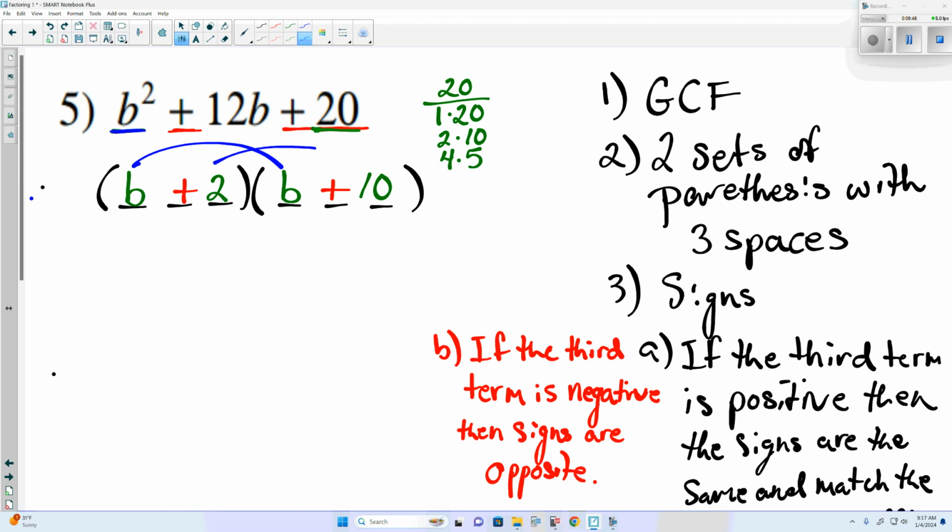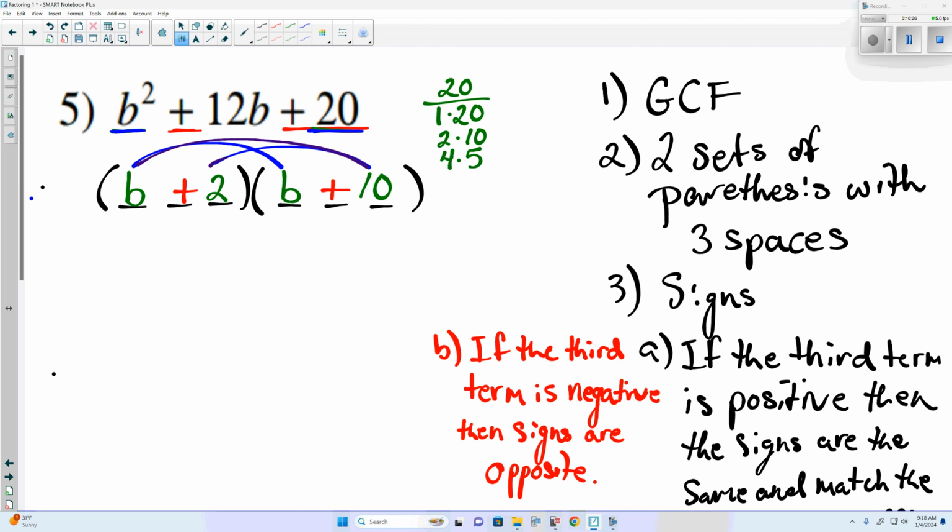We could also do our positive 2 times positive 10, which is our positive 20. Well, we got 2 and 10 from the factors of 20. It's not wrong to do those 2 multiplications when checking. It's just not necessarily necessary, because that's where we got them from. The only time I would advise it is if you're not feeling comfortable with those factors and want to make sure you got them right. But the ones we do need to check are